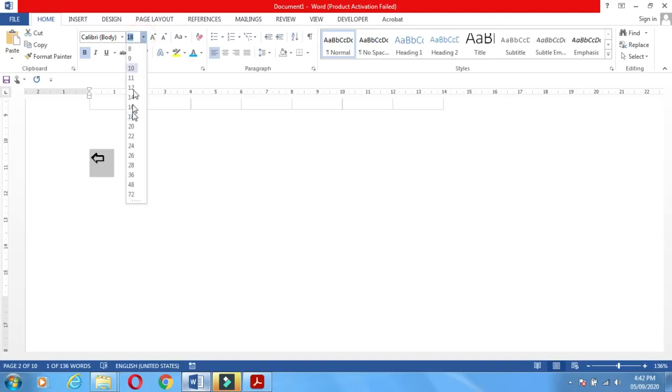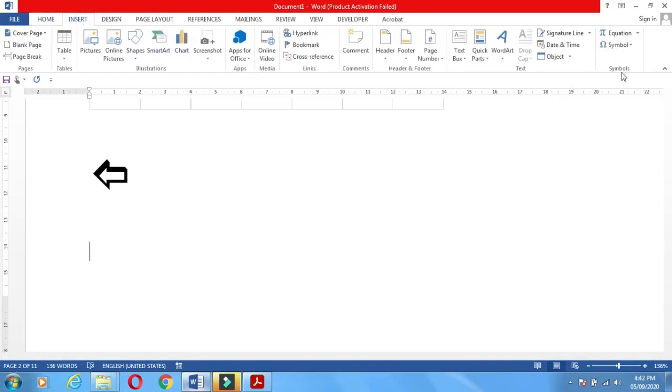You insert different symbols from the symbol equation here. See how to increase the font size of this symbol.